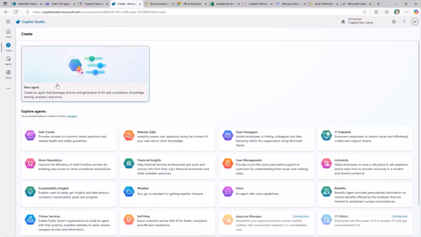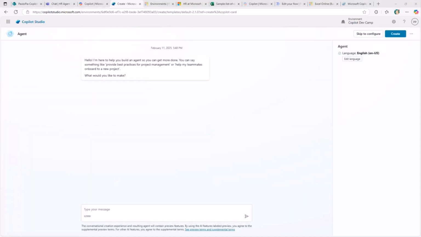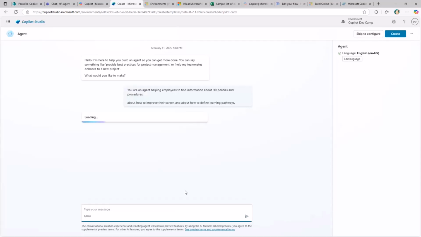I'm going to create a new agent from scratch, but you could also start from one of the templates made available by Microsoft. Now, let's start from scratch, as I said, and you have two options here. One is to use a conversational model, so I'm just using the AI-based interface to describe what I'm looking for, and that's what I'm going to do. Or you can also say script to configure, and you can manually configure the agent you want to create. But I want to keep it simple, and as such, I'm going to use the conversational model.